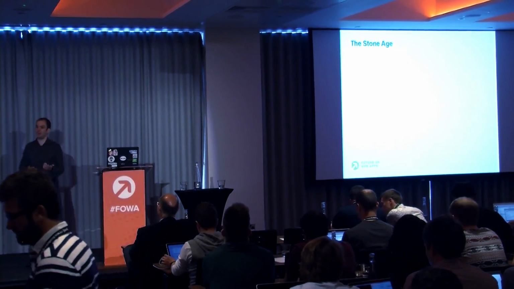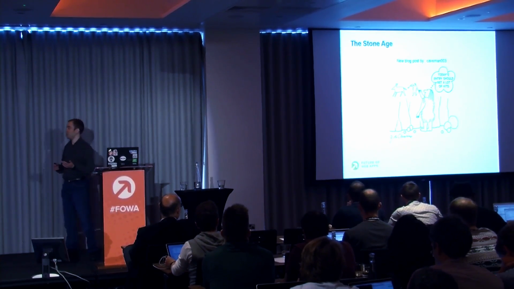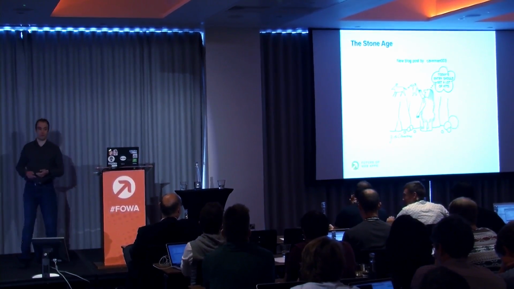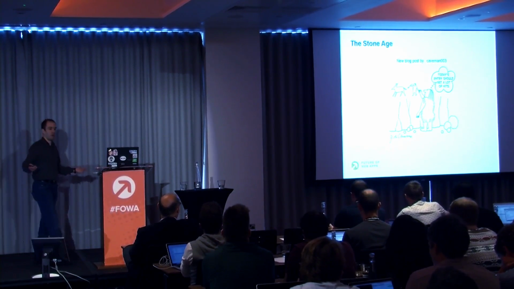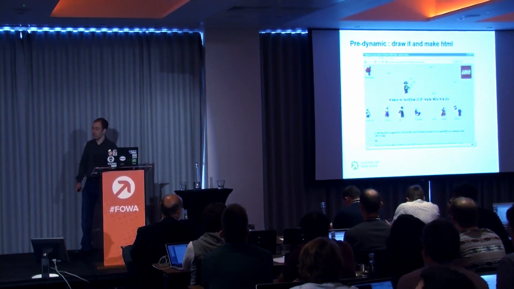Now, if in the Stone Age you wanted to publish any news, you would do it a little bit like this. You would write on a wall, which is what we still do today. We still write on a wall on Facebook. So this would be the way you would publish news. Now, this is not a very portable way of doing it. If you want to share that news with some other caveman 2 kilometers further down, then you would have to physically go there and draw the whole thing again. But this is actually what we did in the old days. We drew pictures.